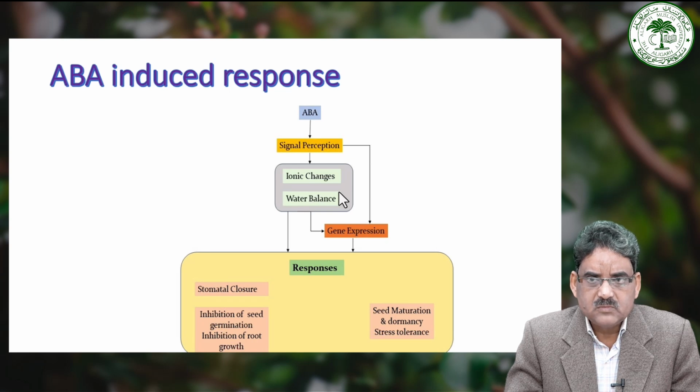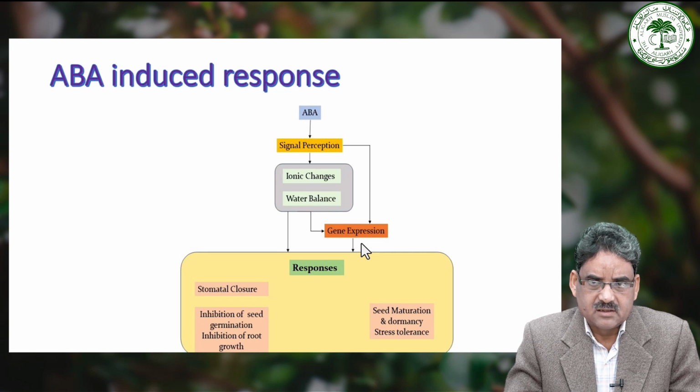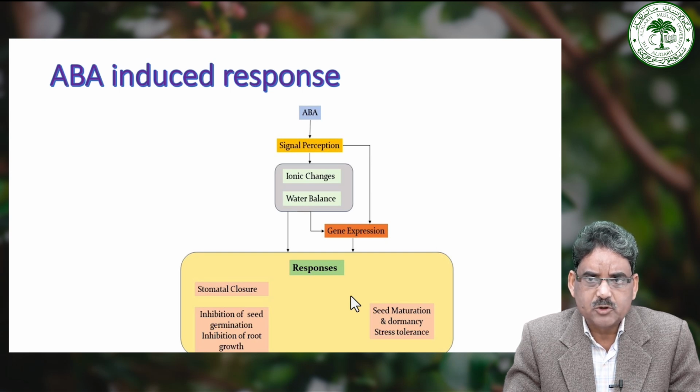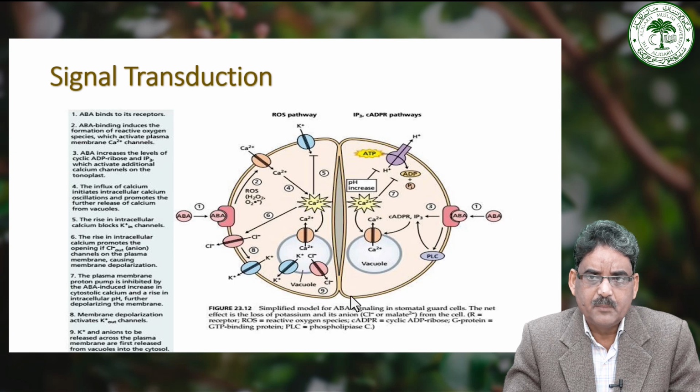Now, the major thing about any research is basically the signal transduction. So, now we will discuss ABA signaling in the guard cells. As it is shown in the figure, ABA binds to the cytosolic ABA receptors. They are RCAR or PYR or PYL. After the binding of ABA